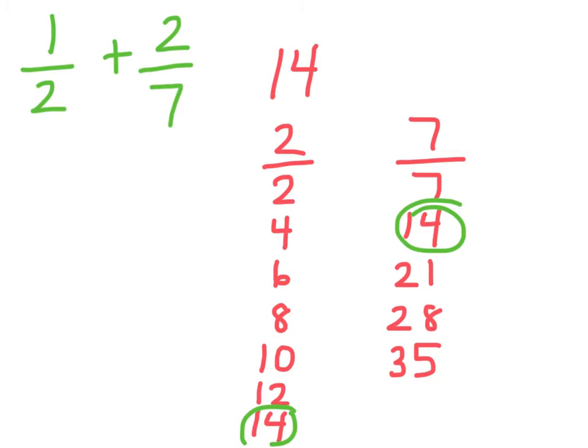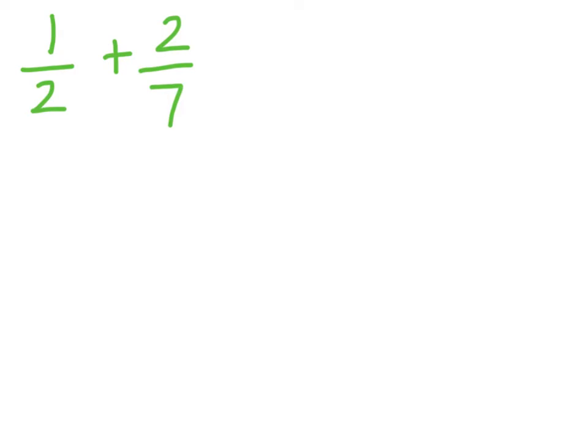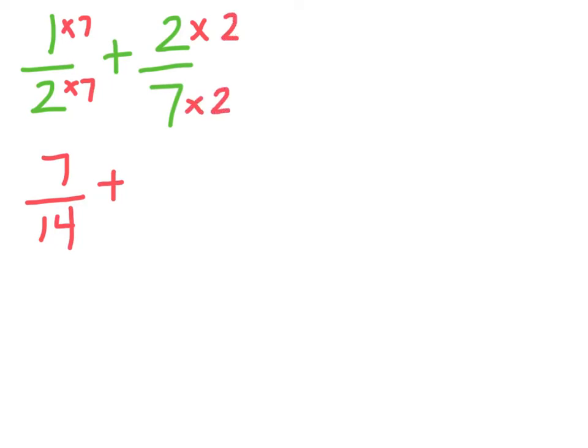Now let's convert these fractions into equivalent fractions and complete our calculation. In order to change 1/2 into an equivalent fraction with 14 as our denominator, we'll need to multiply both the numerator and the denominator by 7, giving us 7 over 14. In order to convert 2/7 into an equivalent fraction with a denominator of 14, we need to multiply both the numerator and the denominator by 2, giving us